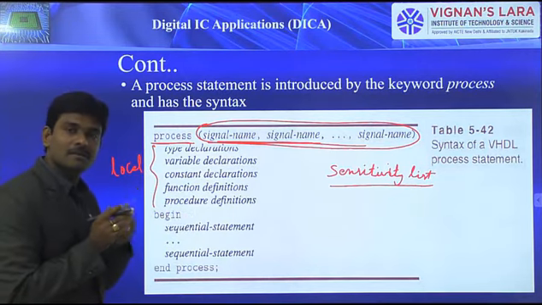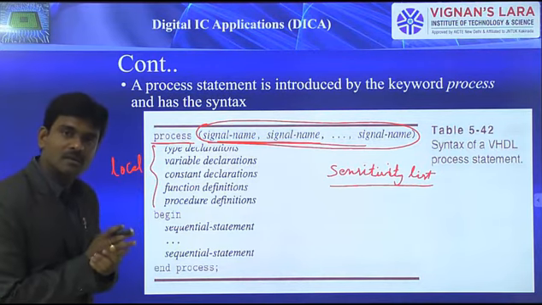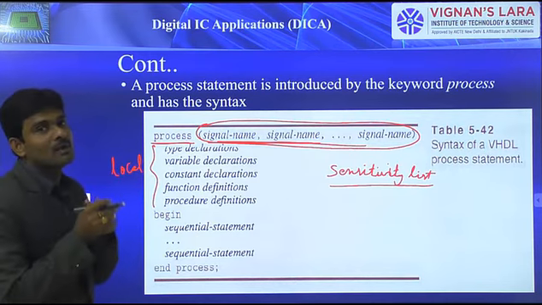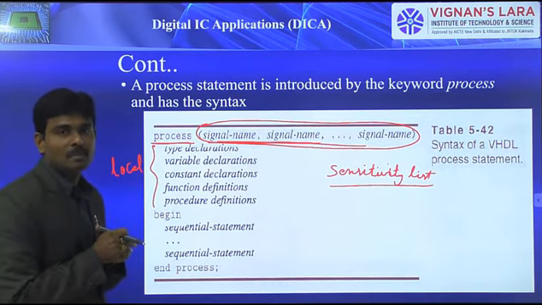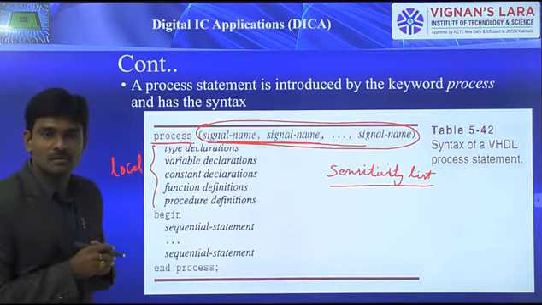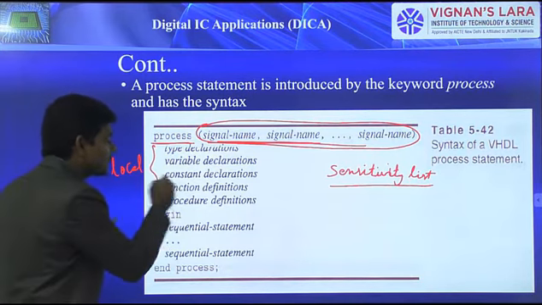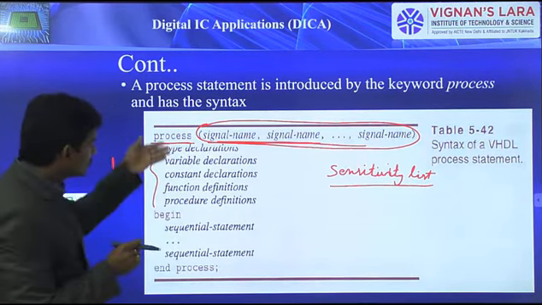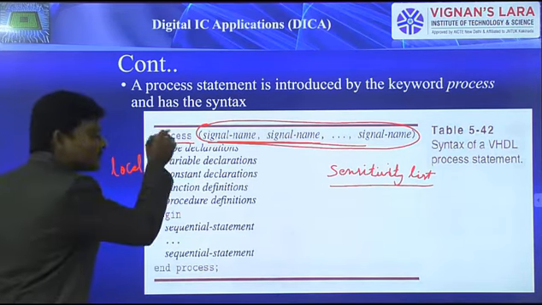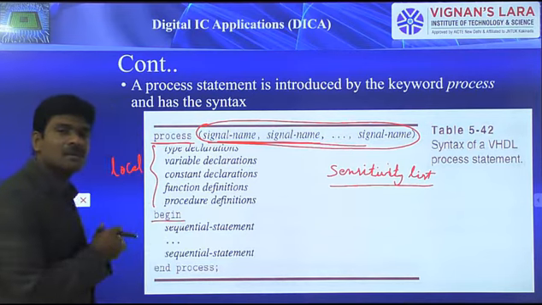But whatever you represent in the architecture definition before the start of the architecture body, there also we can define types, constants, functions, procedures. Those we can use within the architecture body, within any concurrent statement. So because of that, within the process also you can use them. But in addition to those, if there is any additional requirement for types, constants, functions and procedures, those also you can describe. That flexibility is there in VHDL. So within the process, that too before the beginning of the process body, which starts with the keyword begin.